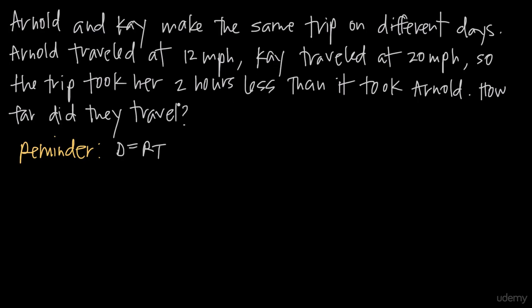So in this particular problem, we're told that Arnold and Kay make the same trip, but they do it on different days. So for example, Arnold makes the trip on Tuesday, Kay makes the trip on Thursday. The reason that they tell you they're making the same trip is to let you know that they travel the same amount of distance. So Arnold traveled at 12 miles an hour, Kay traveled at 20 miles an hour,